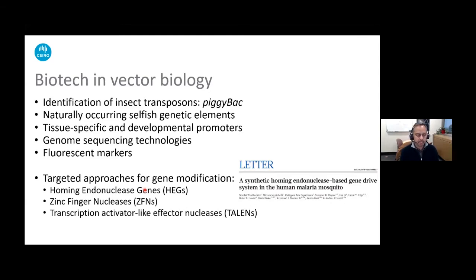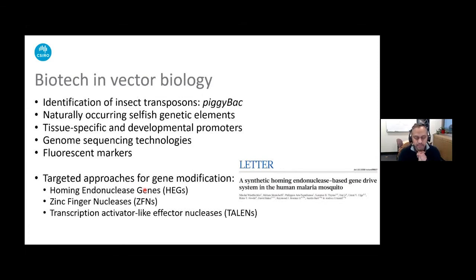And obviously, biotechnology has made a lot of progress in the last decades. In the mosquito area, there has been identification of transposons like piggyBac. These are genetic elements which can introduce new genes into a mosquito genome. There are also already naturally occurring selfish genetic elements. As Professor Paul mentioned, there are some genetic elements which are naturally present, which can drive a specific gene into